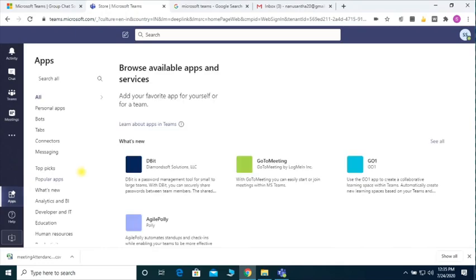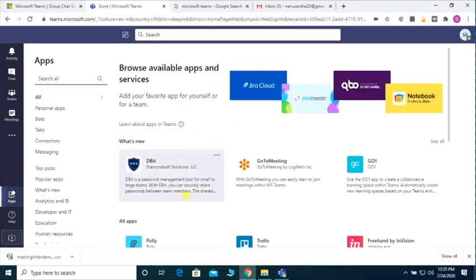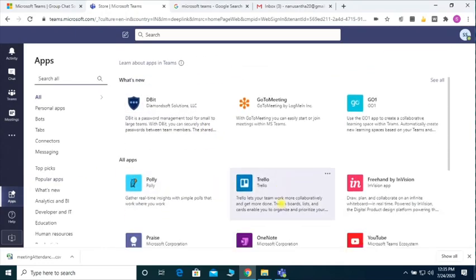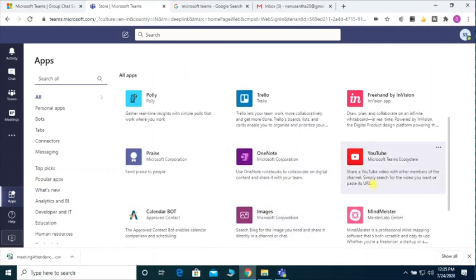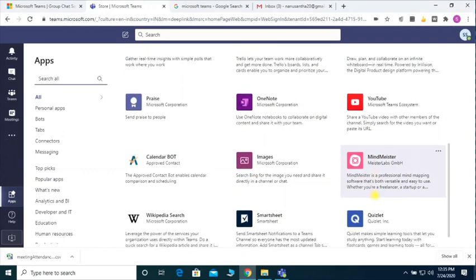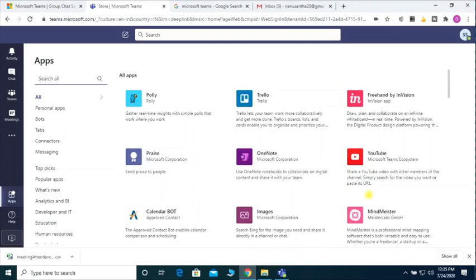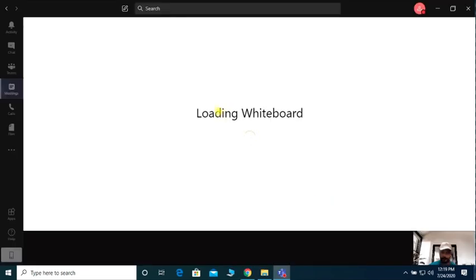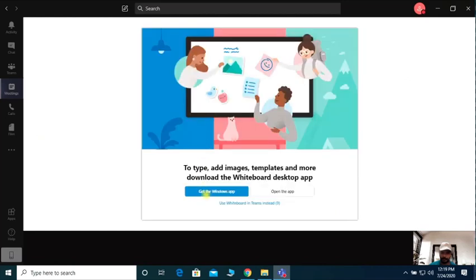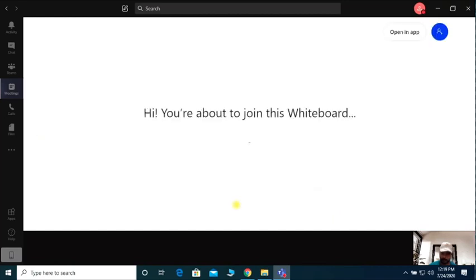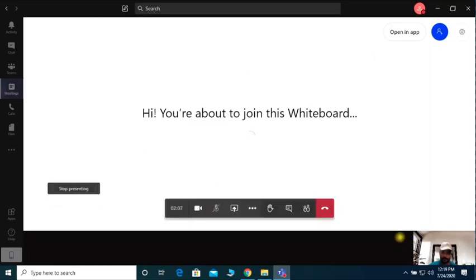From all these apps, you can use any of them, whatever you like, whatever you want. For example, if you want a whiteboard while teaching, this whiteboard application can be used for writing something. Whenever you are taking the class, you can change the picture or pen color.